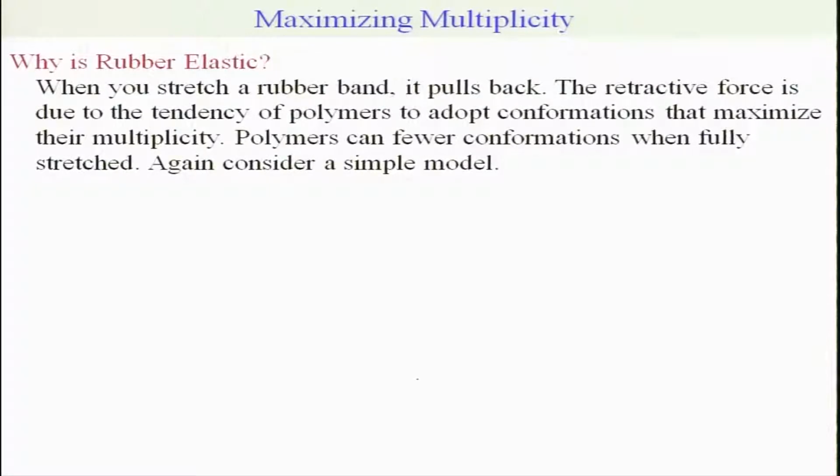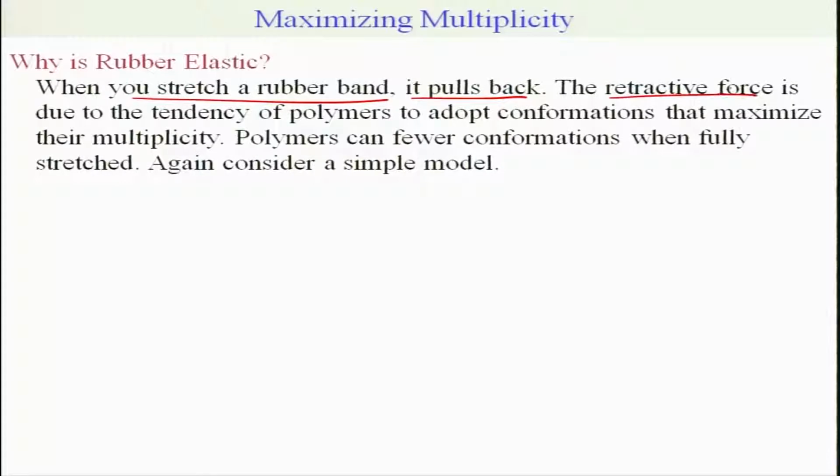Now, we can also ask a very interesting question: why is rubber elastic? You know that when you stretch a rubber band, it pulls back. It does not remain at the initial maximum stretching length, it comes back, but it does not go back to the original length, it stays at an intermediate length. The retractive force is due to the tendency of the polymer to adopt conformations that maximize their multiplicity. That is our assertion, and we are going to show that